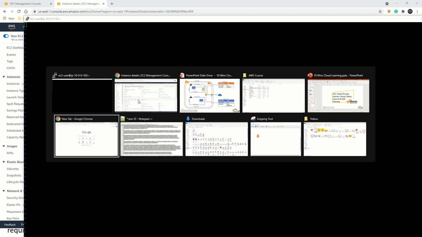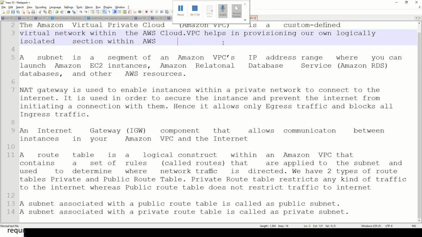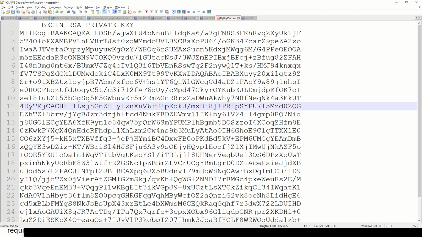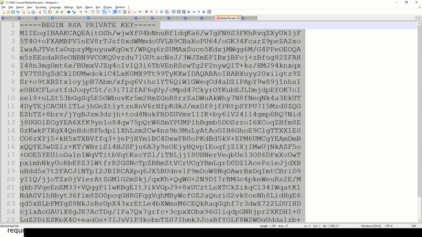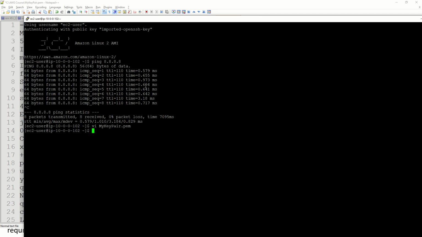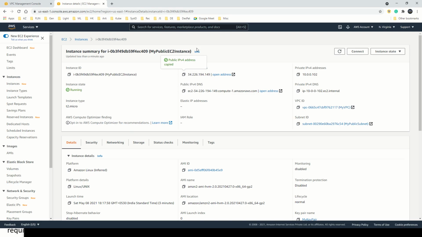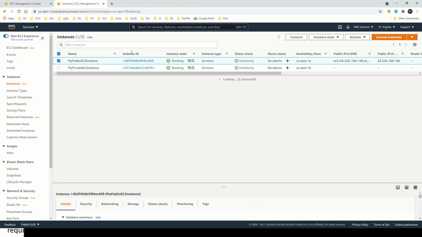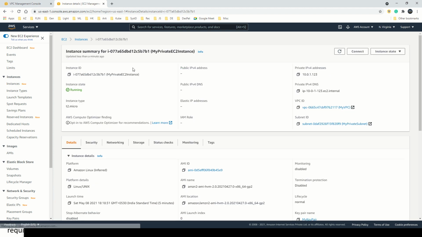This is the contents of the key pair which we have created, and I'll have this pasted here. Ctrl W Q. I have saved it. Now let me first go to the private EC2 instance and see what the IP address is there.